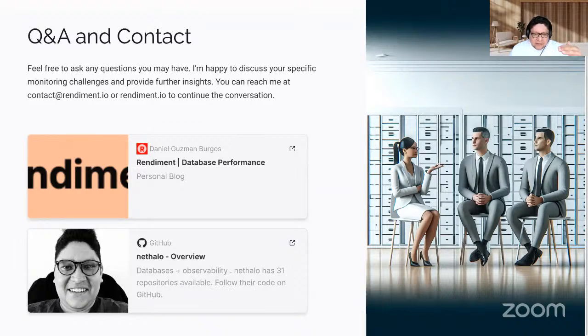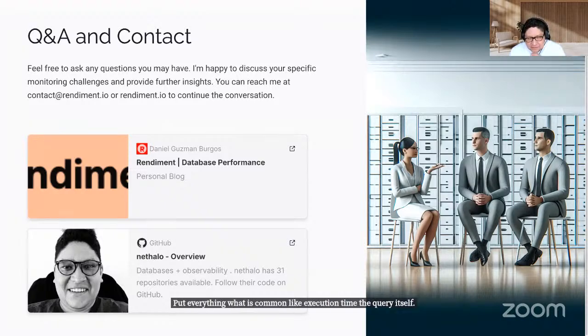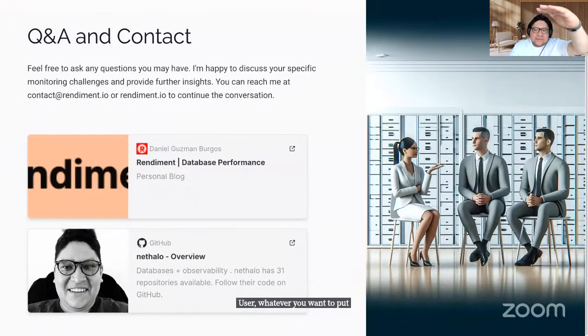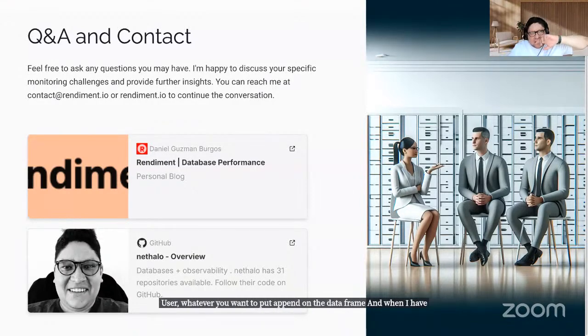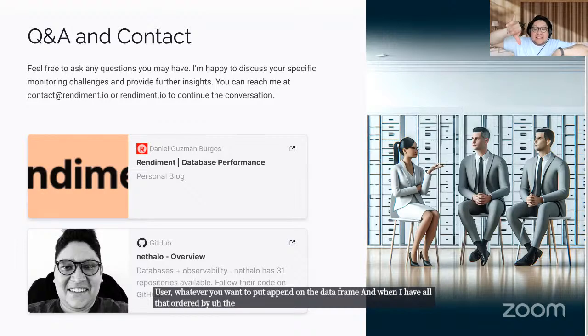Put everything that is common, like execution time, the query itself, user, whatever you want to put, append it on the data frame, and when I have all that, order by the global execution time, and then show the top 10. That's pretty much what I use pandas for.